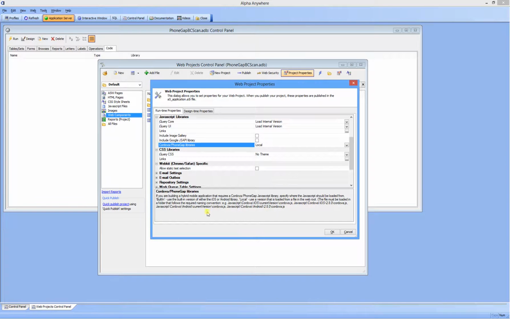But this information down here describes exactly how Alpha Anywhere needs a structure for the Cordova JavaScript file to be set up, where to find it. Now the Cordova JavaScript file I've got for 2.9.0, I found that, and I put it into this folder structure that Alpha needs, which is JavaScript, Cordova, platform, and the version. So if we go and look here,